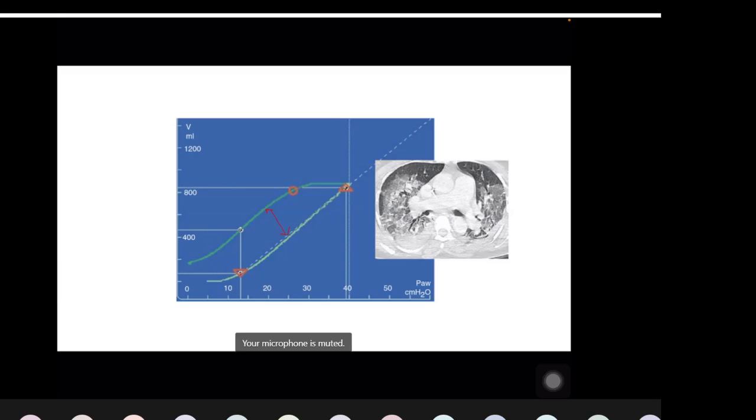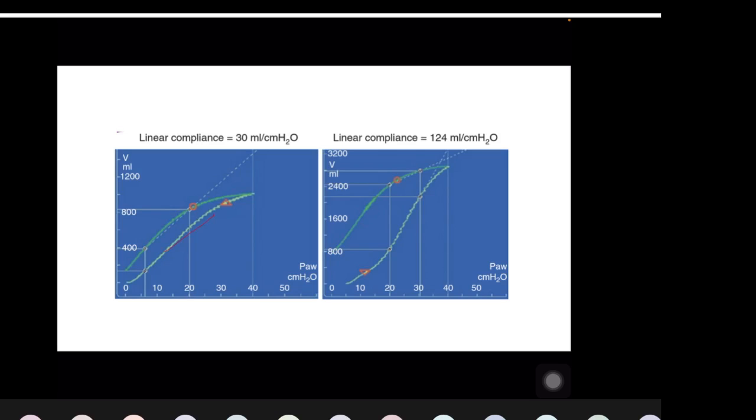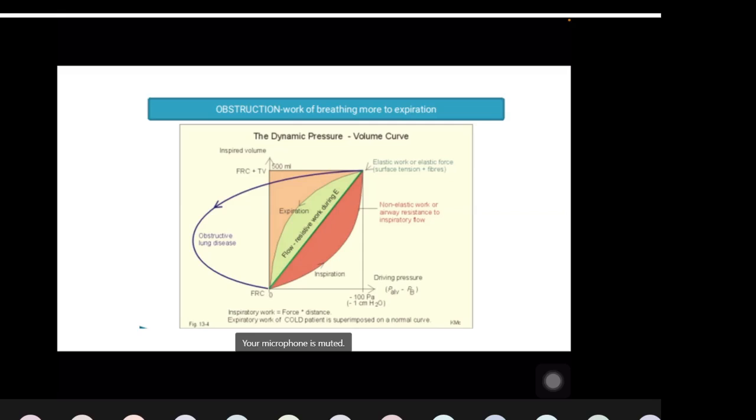Also, assess the curvature. We can see if the linear compliance is lower. That means if the curve is less steep, recruitability is lesser, but if the curve is steeper, recruitability is higher. So you have to consider this. If there is a wider hysteresis loop, or if the slope is much higher, by increasing the PEEP we can increase the oxygenation of the patient. Another important concept that you have to consider in a pressure volume loop is